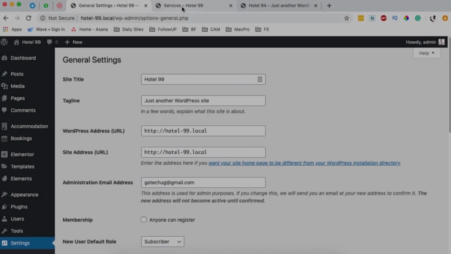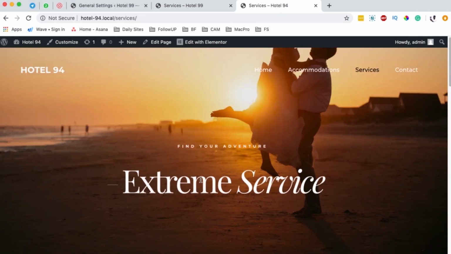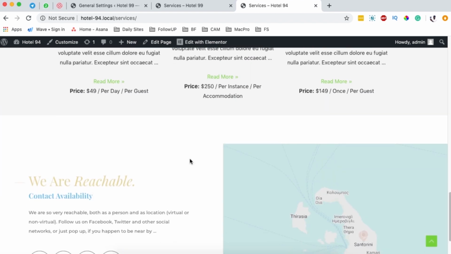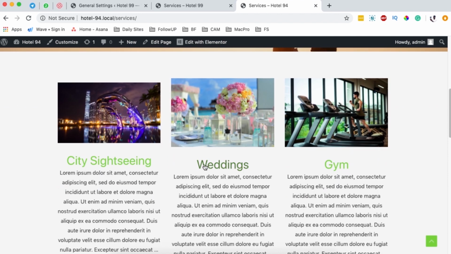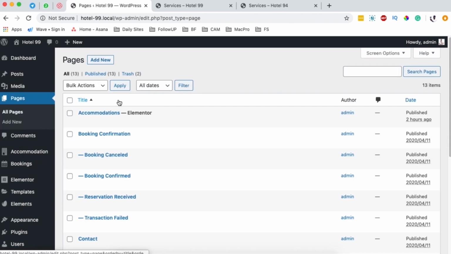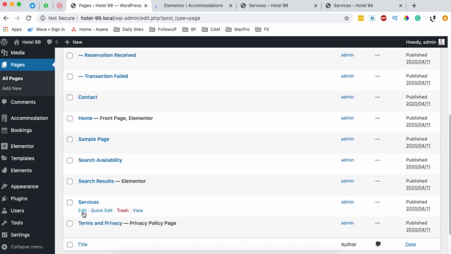In this video, we are going to create and manage our services page. So when you look over here on our dummy website, you realize that we have our services listed just like this. So how can we do this on our website? We're going to come back to the dashboard. We're going to go to pages, all pages. First, I'm going to open up the accommodations page, and then I'll go to the services page, which is down here, edit it,